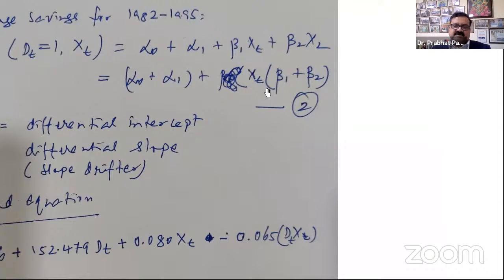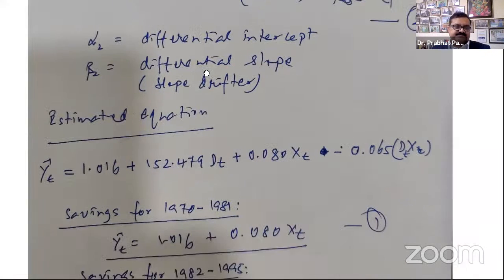In the case of a differential equation, you will see this part significant, but in the case of a parallel equation, you will not find this part as significant. This part will not come significant. If this does not come significant, that means it's neither a concurrent situation, nor a different situation. It can be either parallel or the first one.